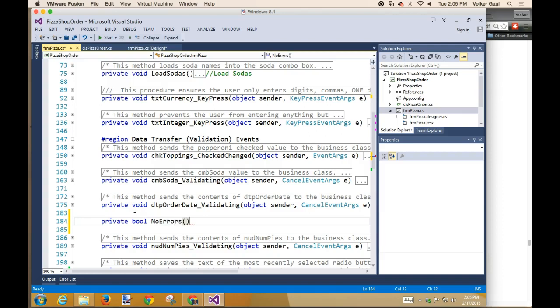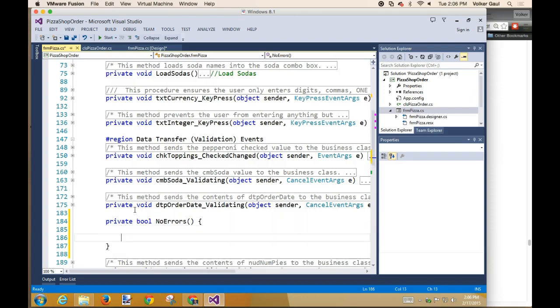Why not? Because of this little routine, now it's Nathan's turn. Nathan's job is going to be to look over the form. What form? Well, he's only got one form, his form. So I don't need to tell him which form. He's just going to go through the form and see if there's any error markers on that form. So I don't have to send him anything, but he's going to send me a thumbs up, thumbs down, yes, no. There's no errors. He's going to return something. For right now, I'm just going to put a false in here, just to shut everything up. There. This method